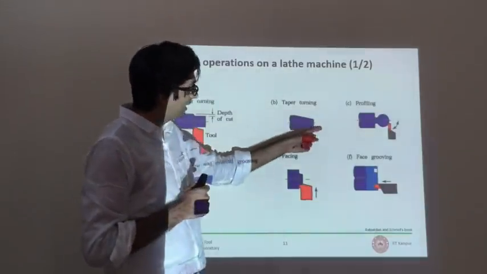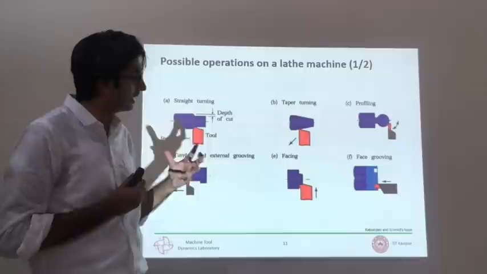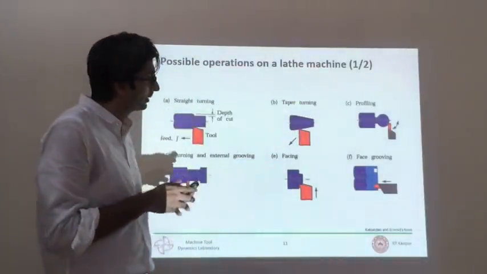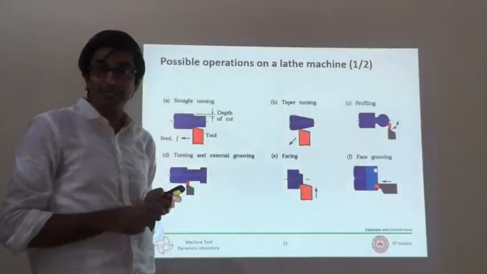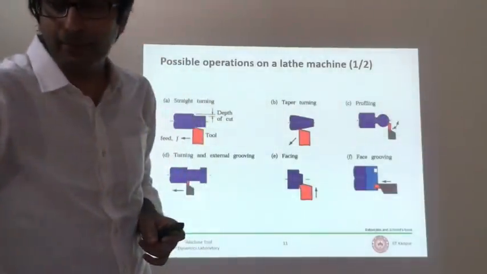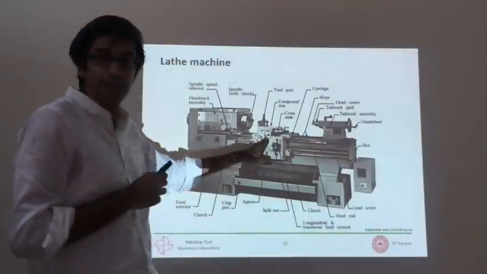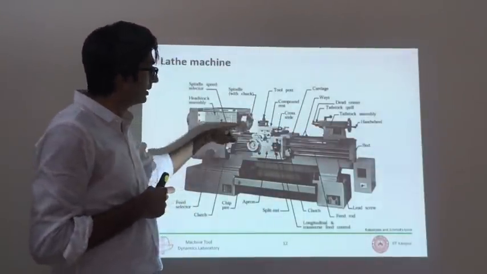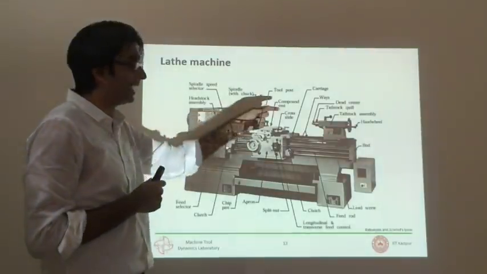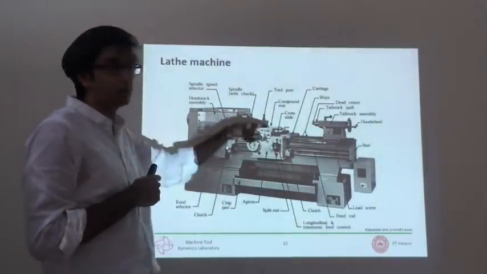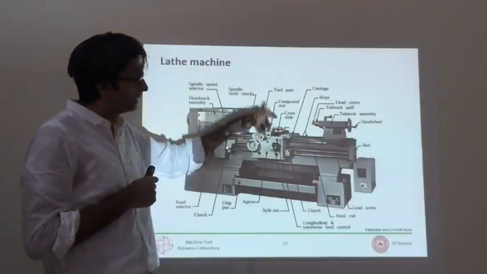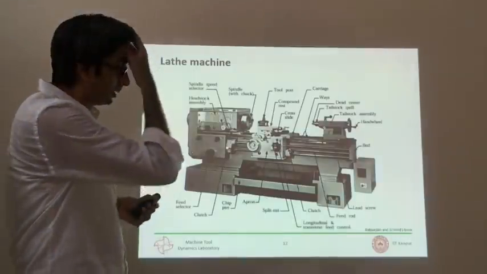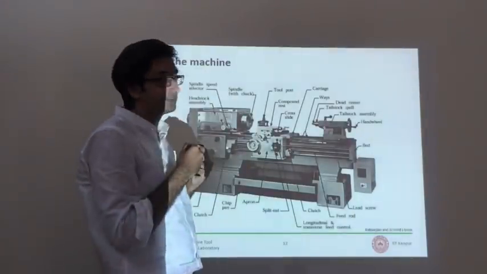If I want to create a taper at some angle, so there is a diameter which is small here and larger here and is continuously varying, the question is how to make this. And if you remember the kinematics of the machine, the motion of the cross slide is possible along the axis of the workpiece, so along the z-axis, as well as in an orthogonal direction which is called the x-axis. There is no motion in the y, okay? So no motion up and down. Left and right and in and out.